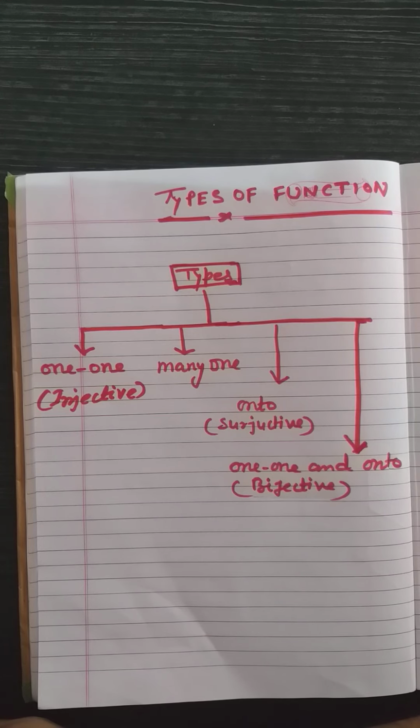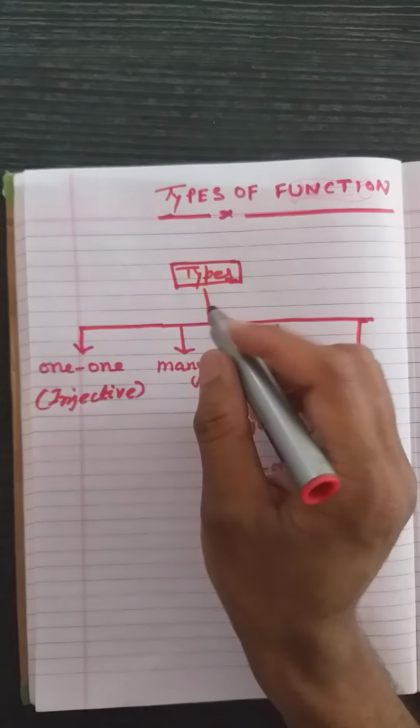In class 11th, we have discussed some special functions like identity function, constant function, polynomial function, rational function, modulus function, signum function, etc. Along with their graphs, we also discussed addition, subtraction, multiplication, and division of two functions. Now we extend our study of functions by studying the different types of function. The types of function in class 12th we are going to discuss.